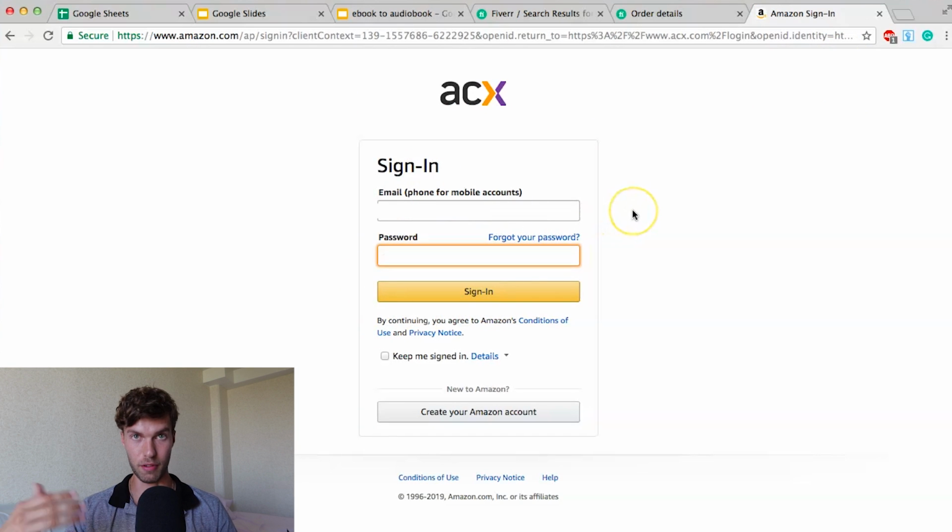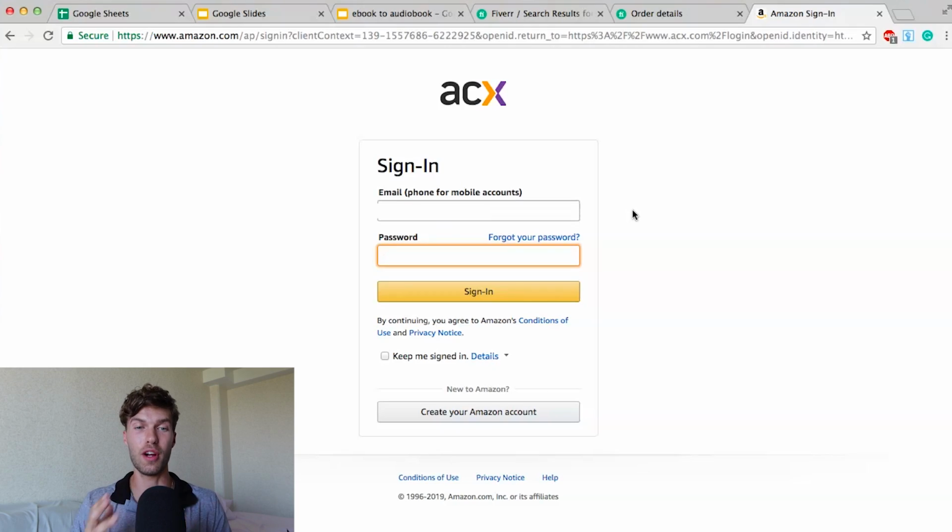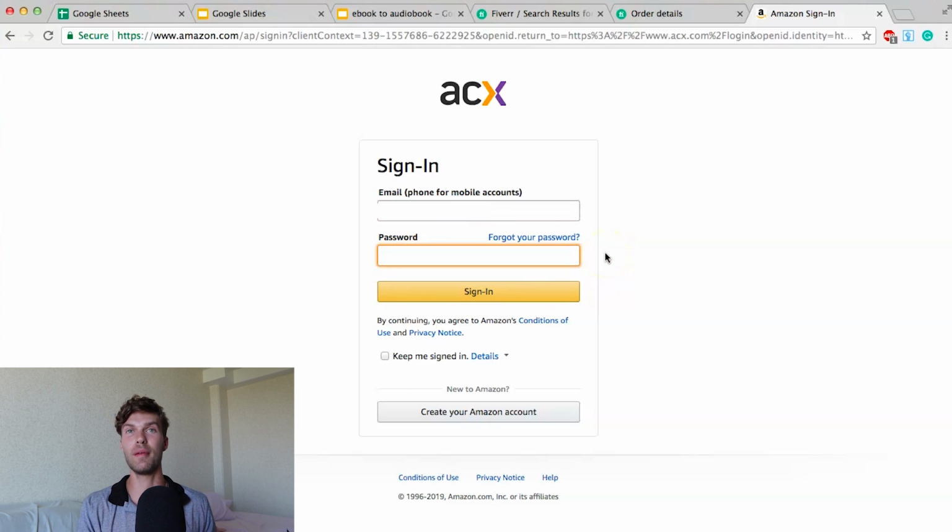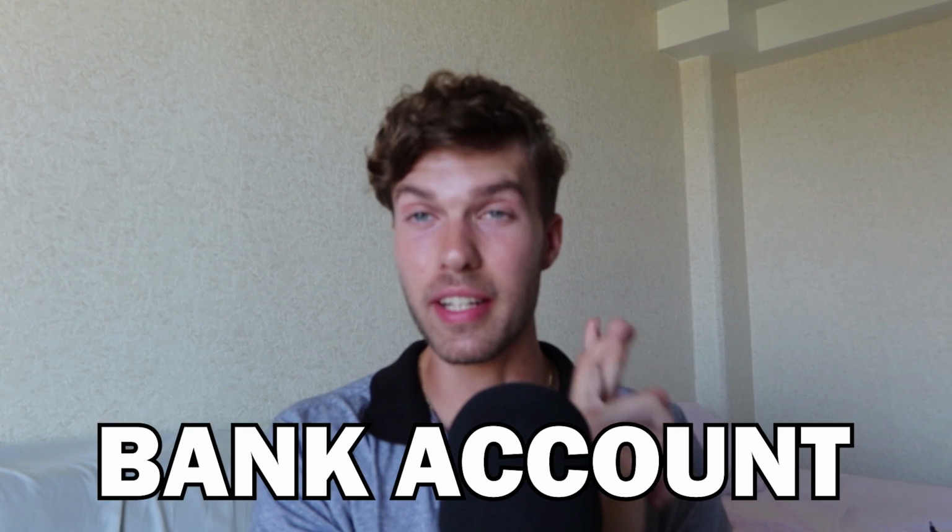Since you have already published an ebook, that probably also means that you have a KDP account. Since KDP and ACX are both companies under Amazon, because you have a KDP account, your ACX account will actually already have been created. So all you need to do is log in here with your KDP login details, email and password, sign in, and you will then be prompted with sign up questions such as address, bank account info, tax ID, all the typical stuff, the same information that you already had to include when signing up for a KDP account.